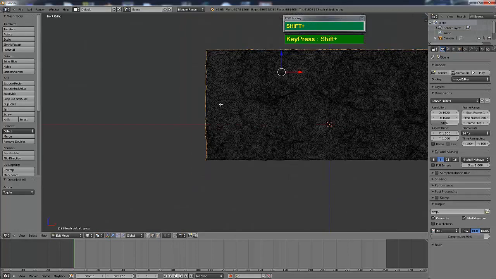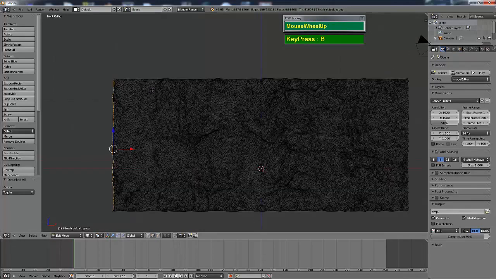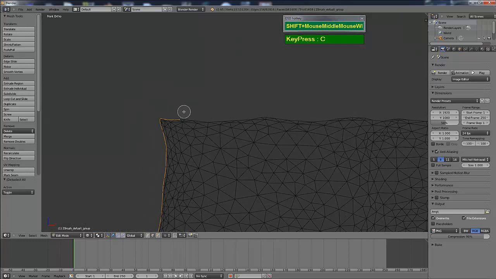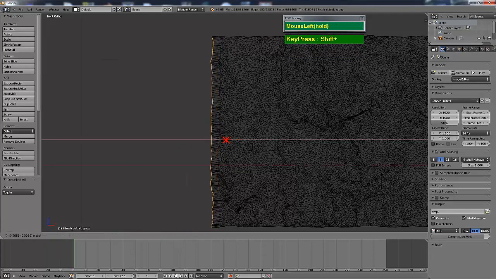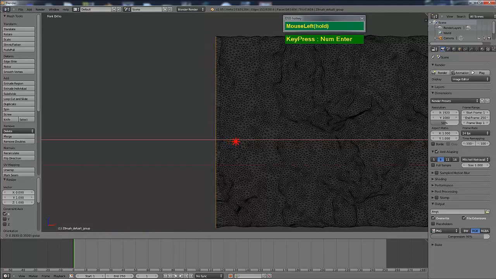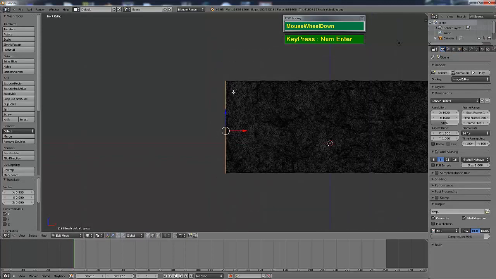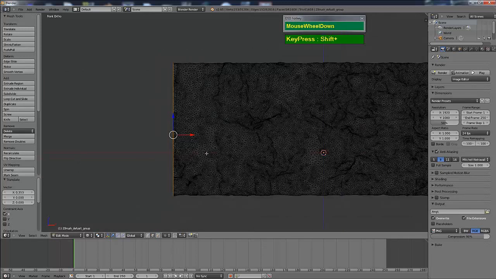You want to deselect this section, so hold down B and middle mouse click and drag to deselect, and then I'm going to press C to bring out the circular selection tool and middle mouse click to deselect. Okay, I'm going to grab and move this edge outwards like this, and I'm going to press S followed by X and then 0 to flatten it, and then I'm going to move it back close. Because later on when I mirror this piece, the other side I expect it to be straight as well, so it makes it easier for me to close the stitching.